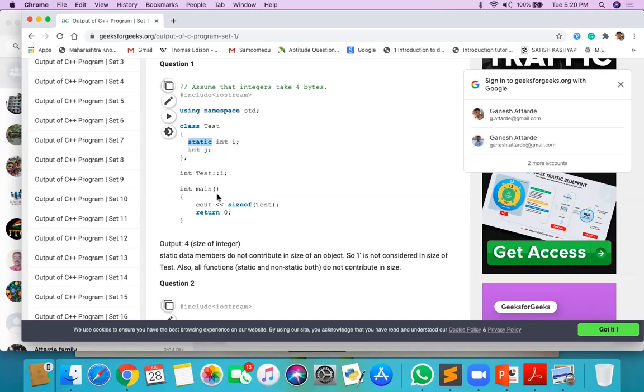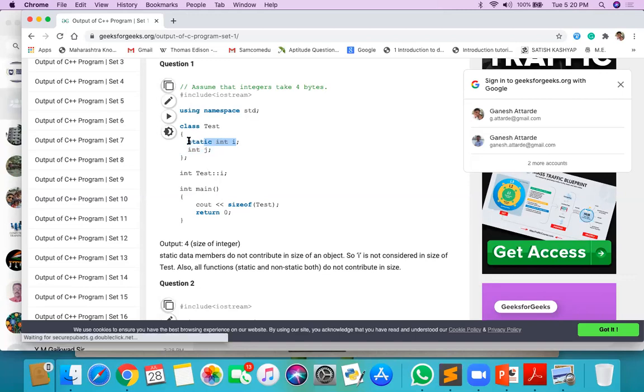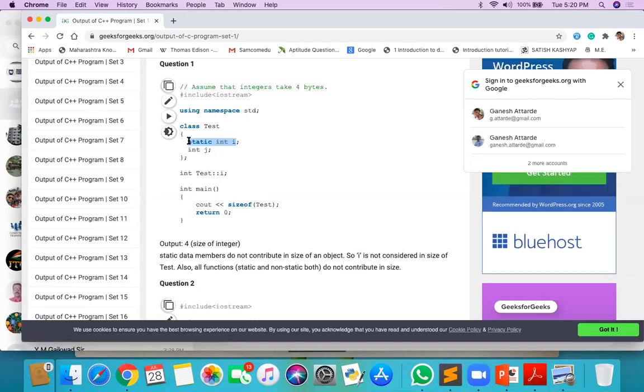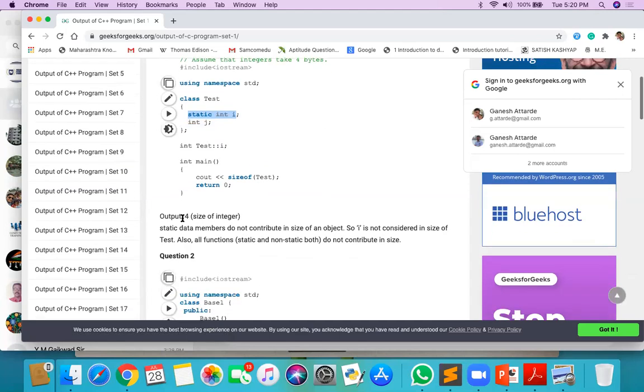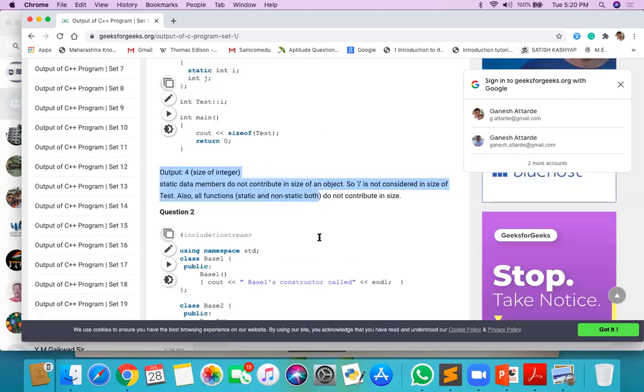If you put the static keyword, now this class only has j. i is separate, and that is the shared one. It is not related to the object. So that's why the output is 4. So just go for this one.